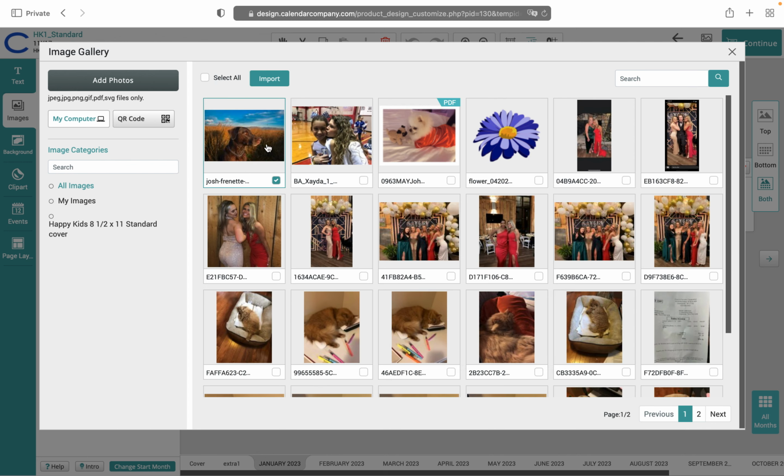Now, if I want to add two, then I could click this checkbox, and click import, and it will add both these in one import. I'm going to load at least 4 so I can